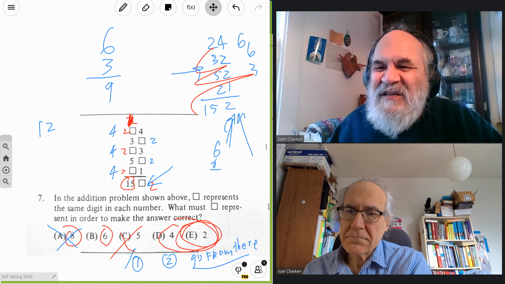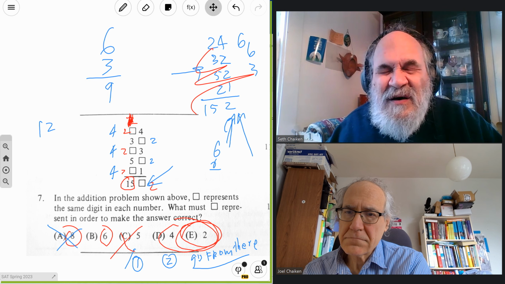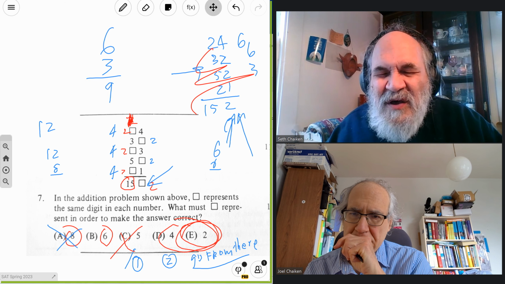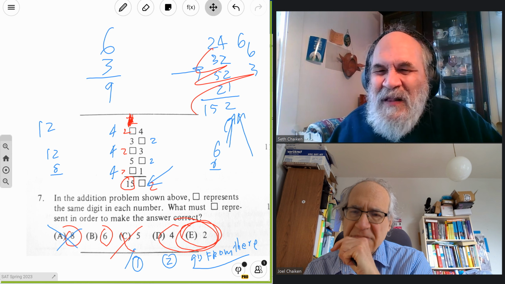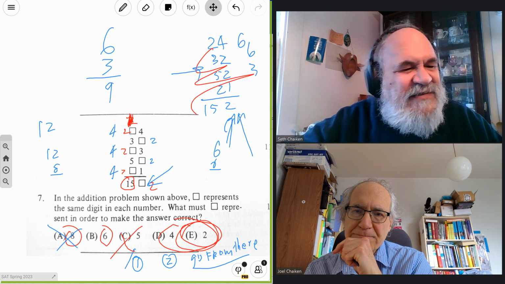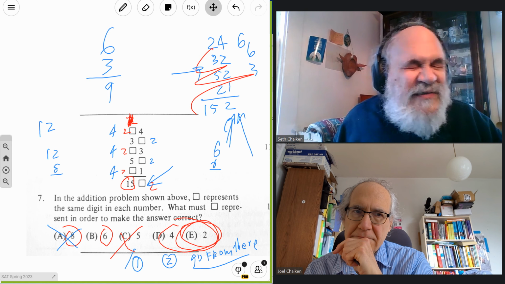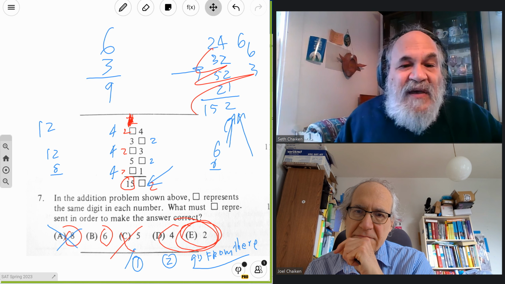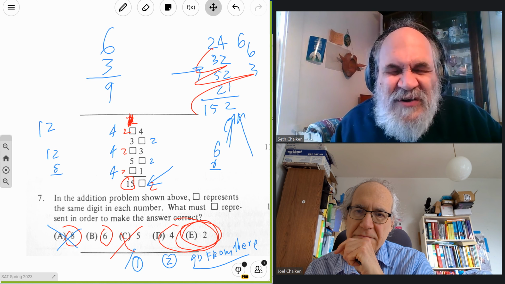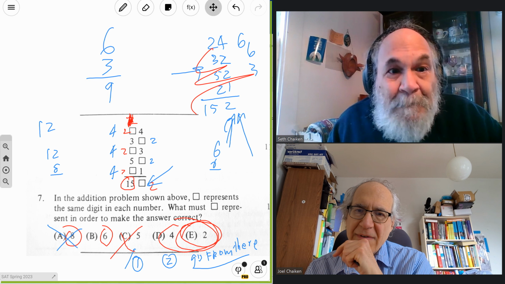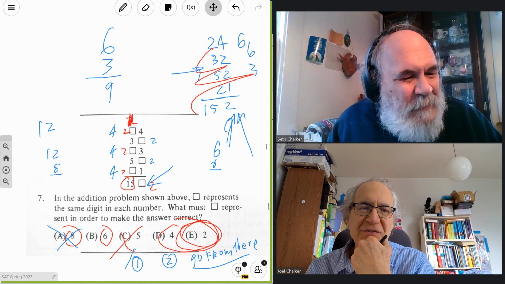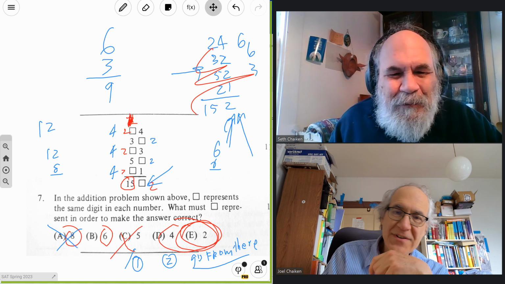So 4 would fit the last number, but the number in the tens digit would be too big. Right. Yes. But also, the SAT principle is that there's only one correct choice. Right. Okay. So if we were a little smarter, well, first of all, Seth was very smart that he